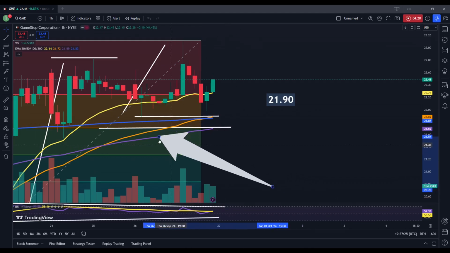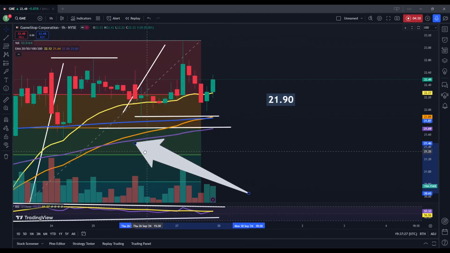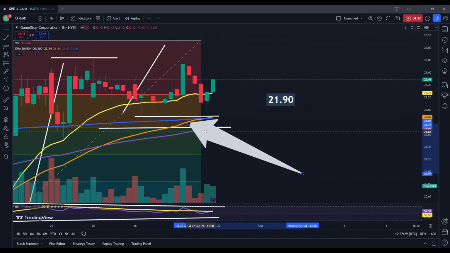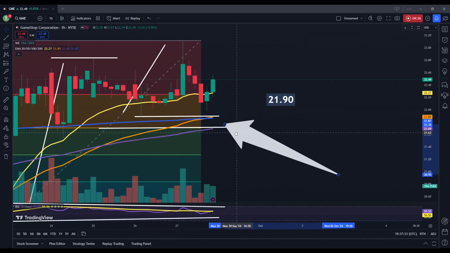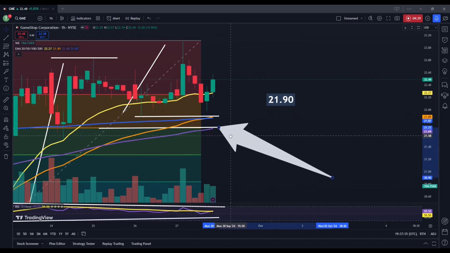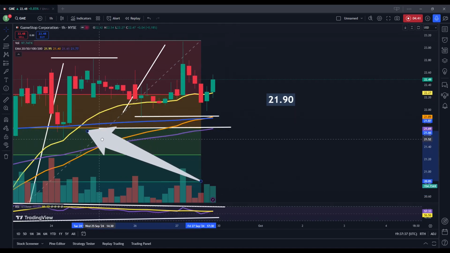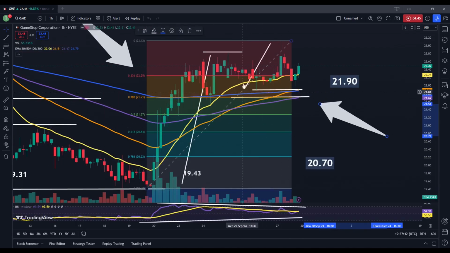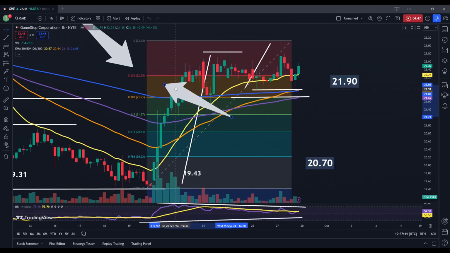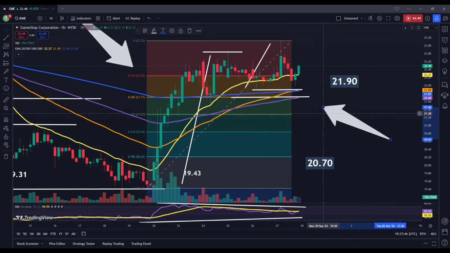The blue line is the 200-hour exponential moving average. The orange line is the 50-hour, and the purple line would be the 100-hour. And as we can see, they're all forming right around this same area here, also in line with that 38.2% Fibonacci retracement zone, which is this orange kind of zone here. So there's a lot going on right around this area here. So from roughly 2190 to, I would call it, 2172, right around there,